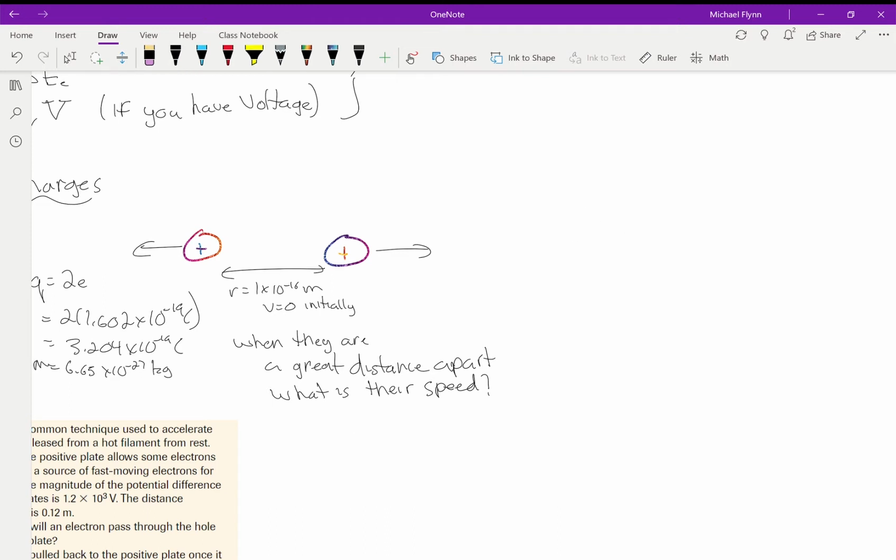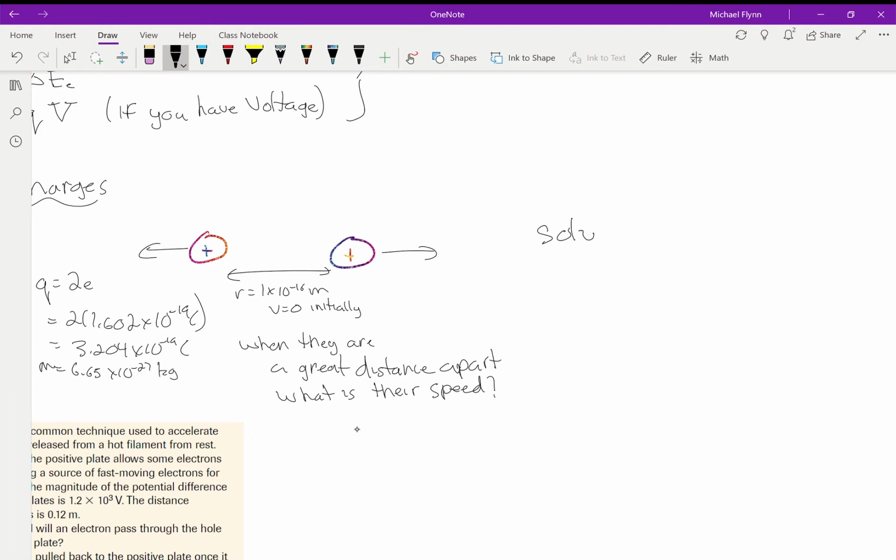Okay, and the solution I'm going to write over here. I'm sorry, my writing with this broken pen is terrible, but anyway, my solution goes like this: the change in potential energy in the system will equal the change in kinetic energy in the system. Okay, now what is the potential energy in the system? Well, it's k q1 q2 over r, okay, and that's going to equal 1/2 mv squared, but here's the deal,